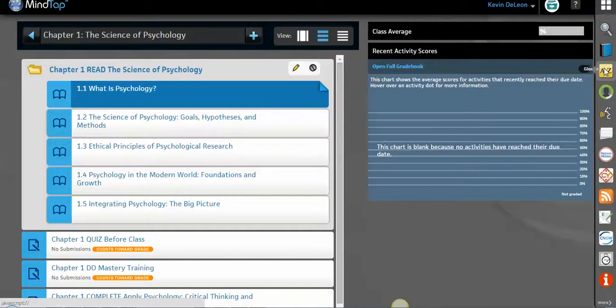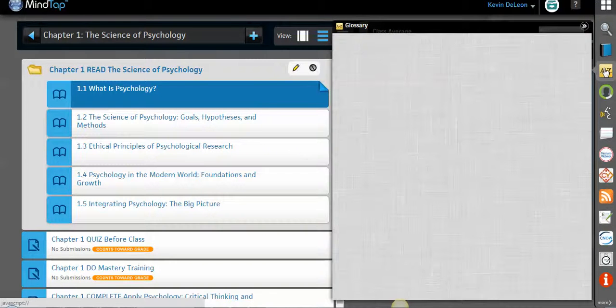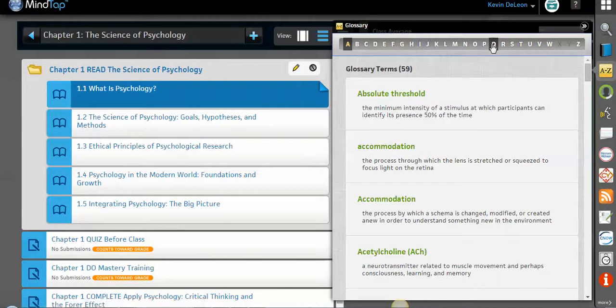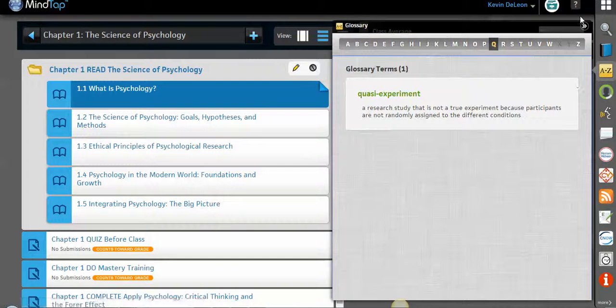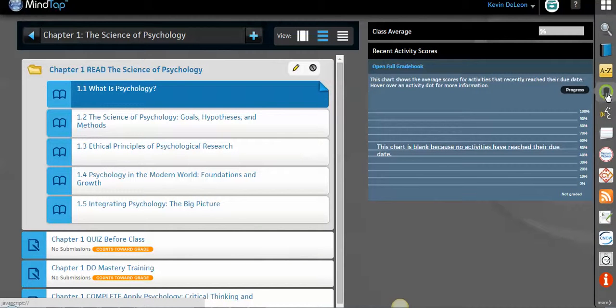This is the glossary. It's just like any glossary in your book. It's just in digital form, so it helps you find some of the terms a little bit quicker. Okay. This is your progress app again. Okay. So you can see in here any of your grades or anything like that. Okay. This is where you can change settings for the read speaker. You can change the voice or how fast